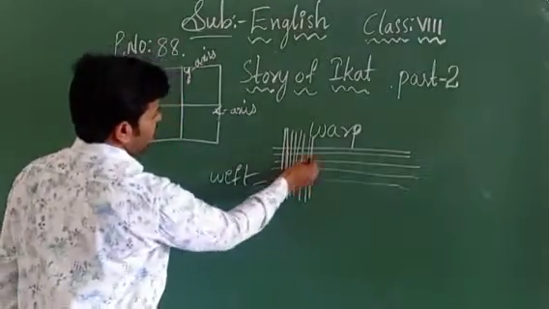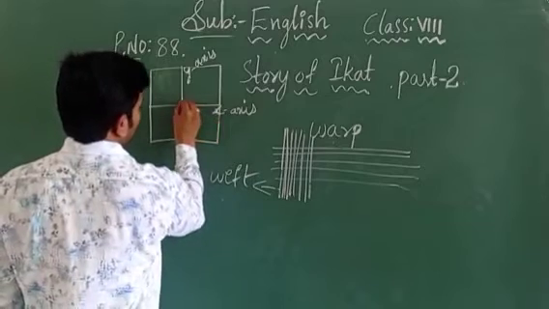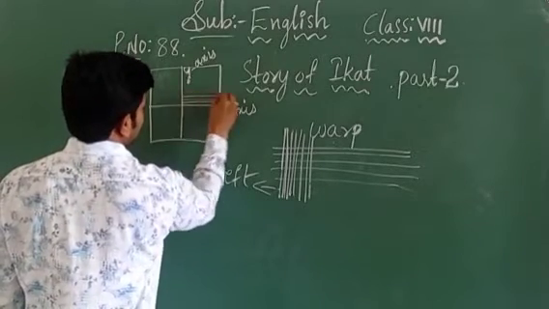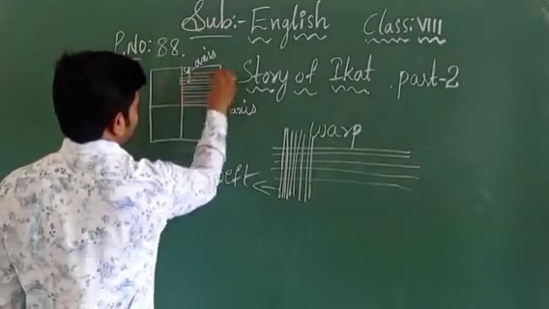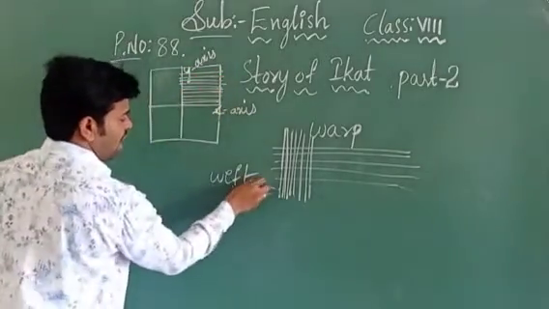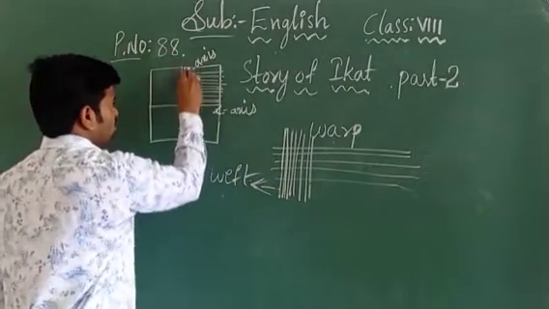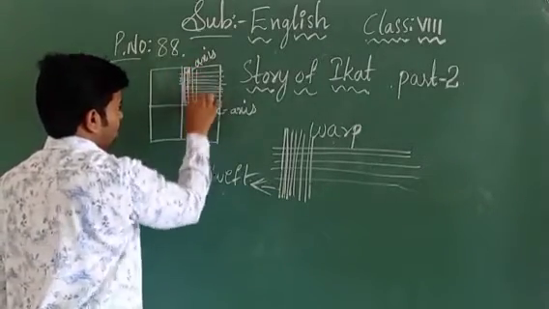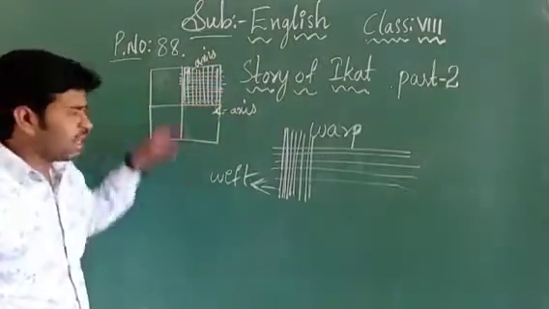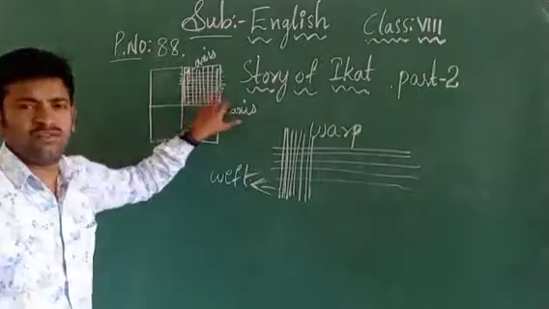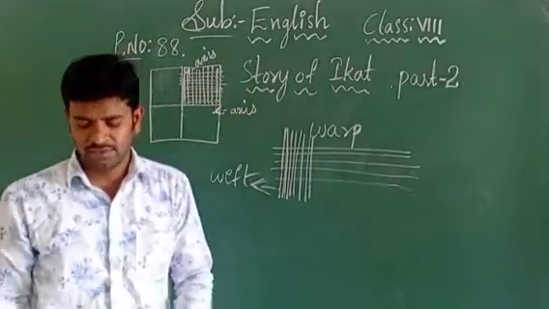So when we are arranging the warp and the weft, when they are stretching along the x-axis, and the warp is intersecting those, have you seen what we are able to see? We are able to see one type of cloth is made, one fabric is made. We can see. Yes or no?